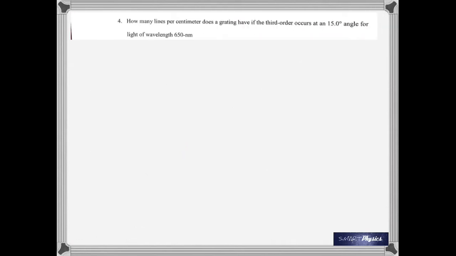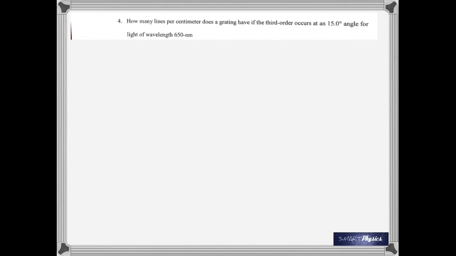And this is question number 11, which is 4 here. The question numbers do not tally, but it's the 11th question. How many lines per centimeter does a grating have if the third order occurs at a 15-degree angle for light of wavelength 650 nanometer? Now, for a grating, the condition for maxima and minima,